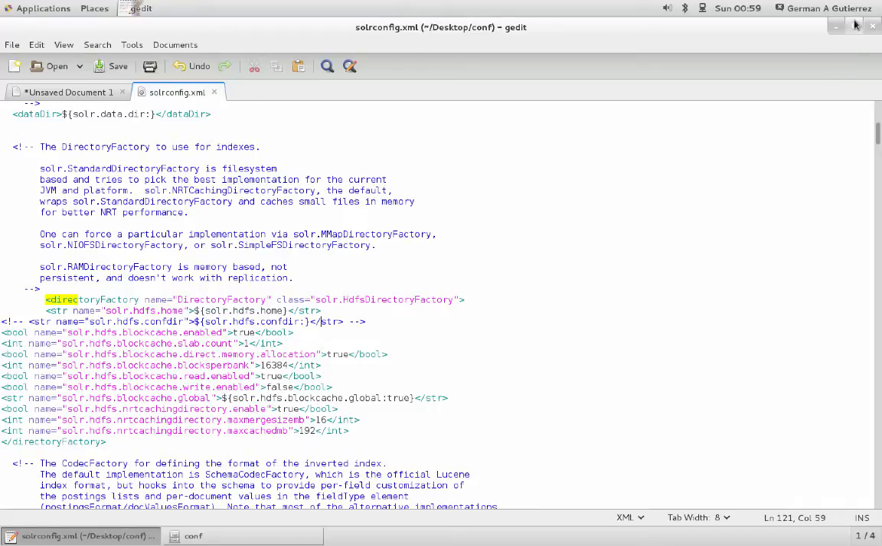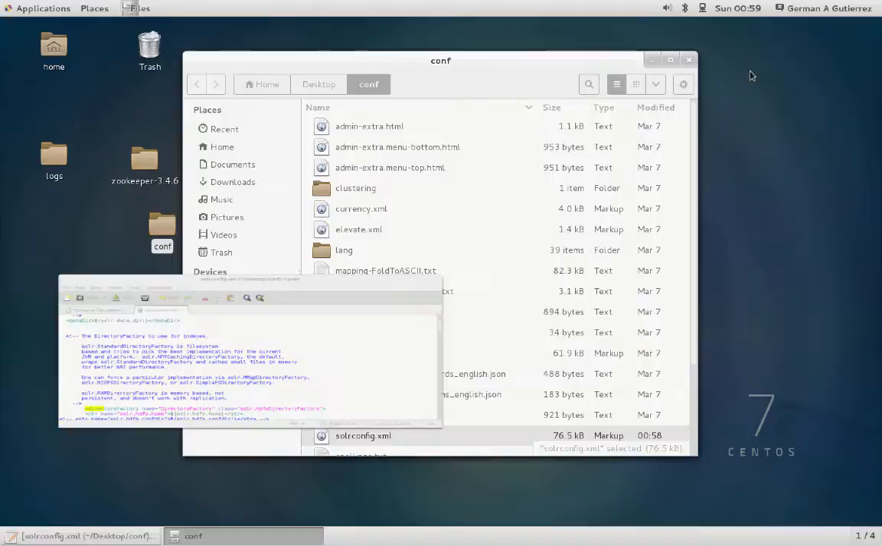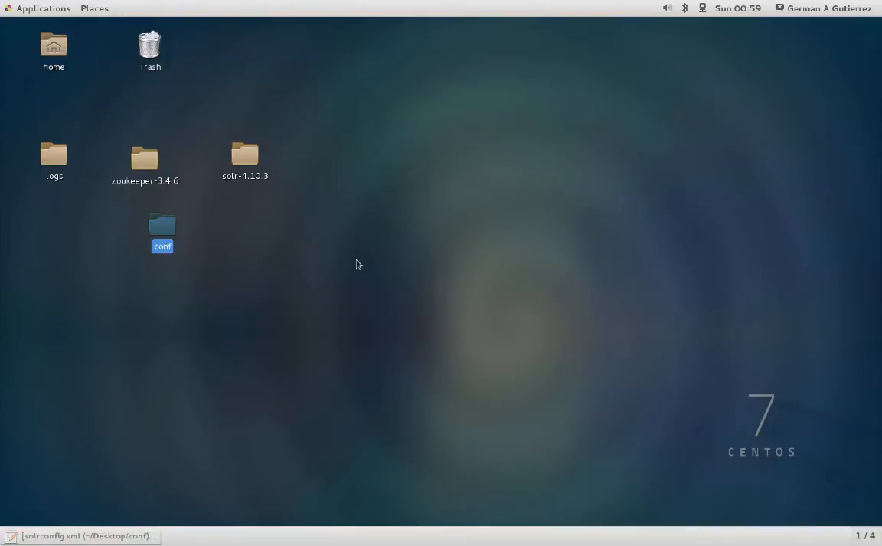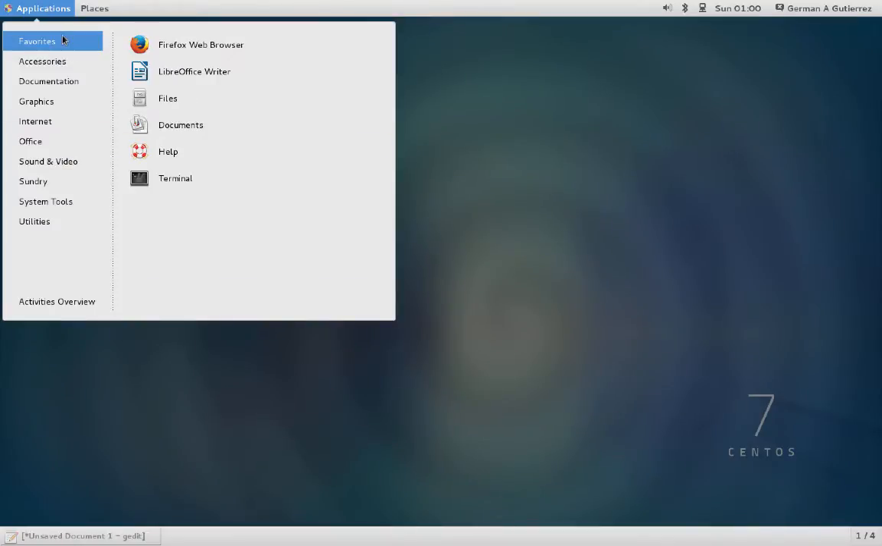So now let's go back to our desktop, and pretty much what we did is just decouple the binaries from the configuration files for Solr, and just the binaries. So now what I would like to do is the following. Okay, now I will open up a new terminal,